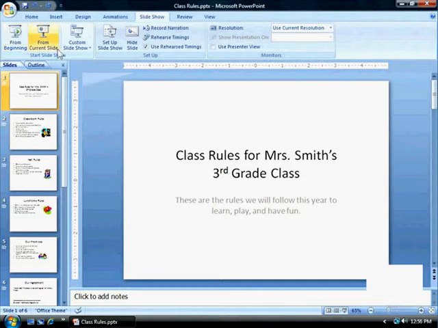To start the slideshow from any other slide, as long as it's selected, click on the From Current Slide command, which is found in the Slideshow command tab within the Start Slideshow group. Or you can select the Slideshow command in the status bar at the bottom right of the window, which will start the slideshow from the selected slide.